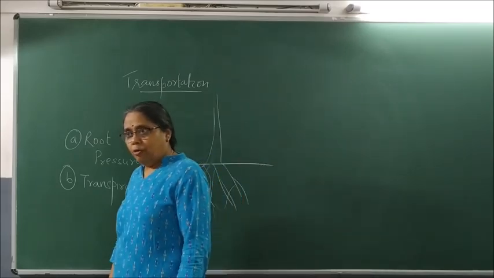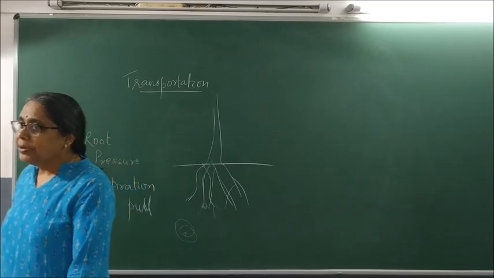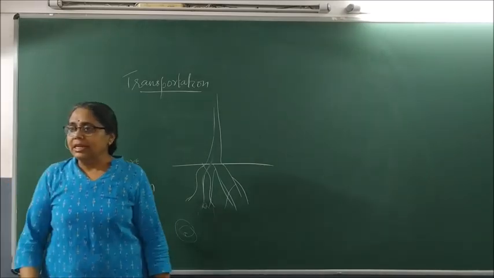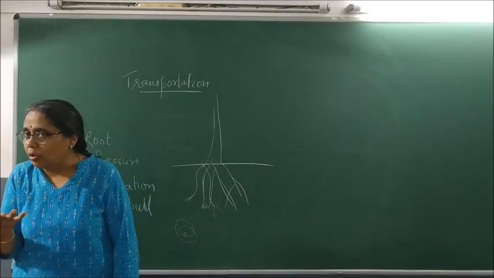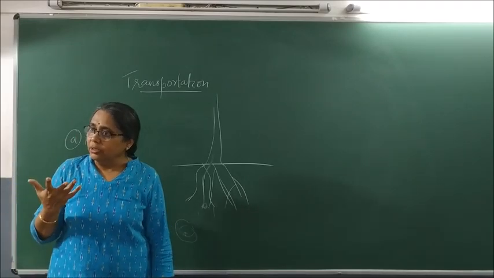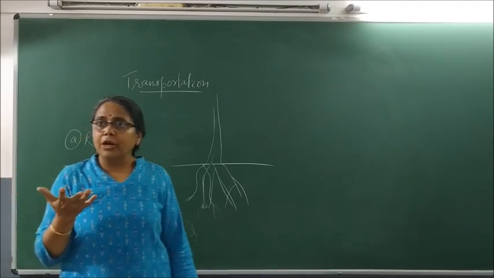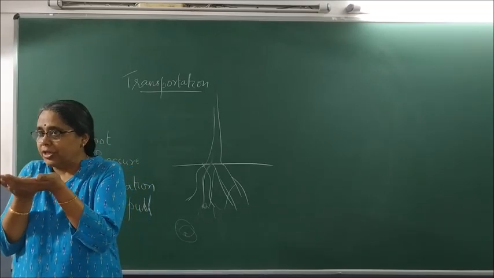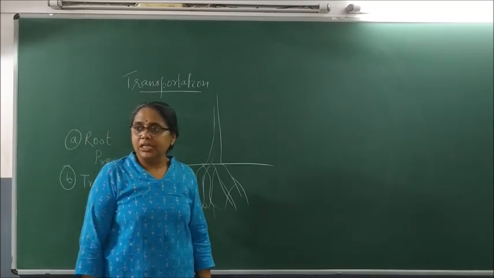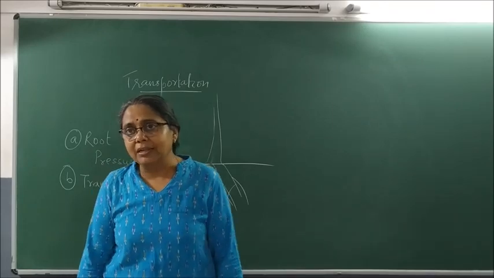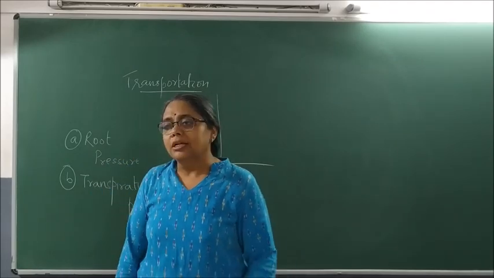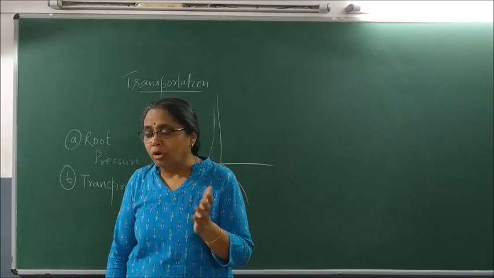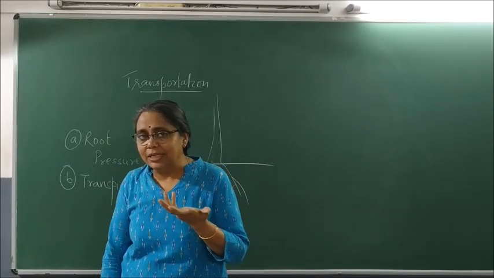Fine. Now during morning when stomata opens, what happens? These stomata basically will remove all the excess water in the form of water vapor from the aerial part of the plant. Stomata is mainly present on the ventral surface of the leaf. Also in some green stems it is present, but as the stem becomes woody, there is no appearance of stomata in such stems.